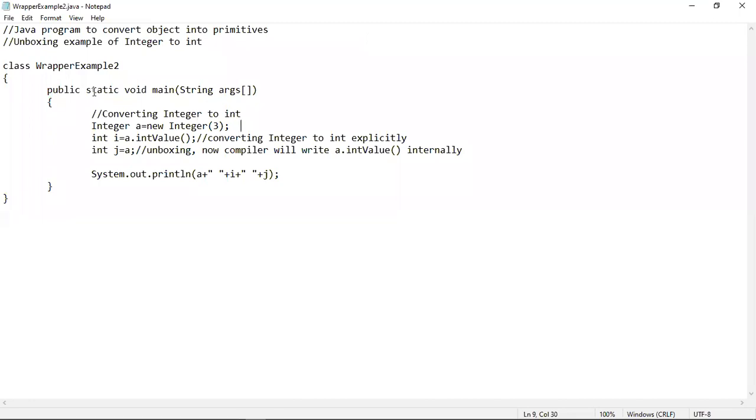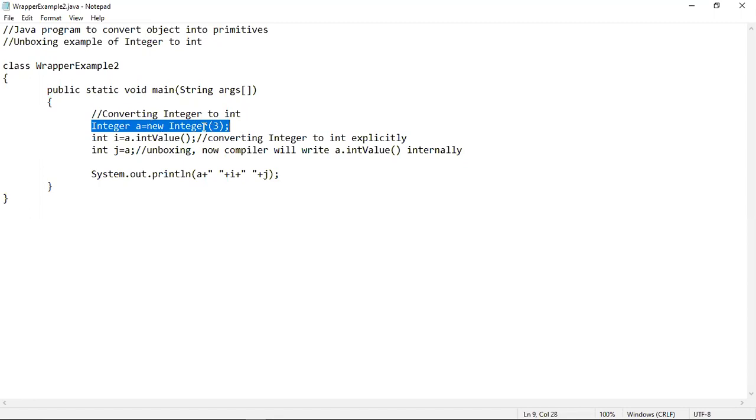This is an example program that unboxes an Integer object into its original data type, which is int. Here you can see that we have taken an integer value, which is 3, and we have done the conversion explicitly using this statement.